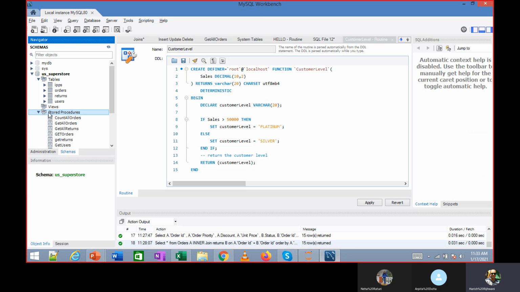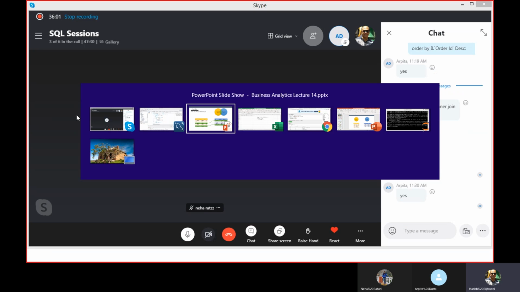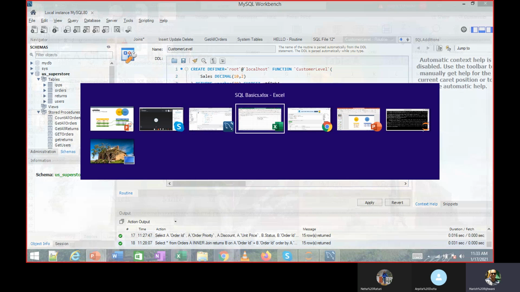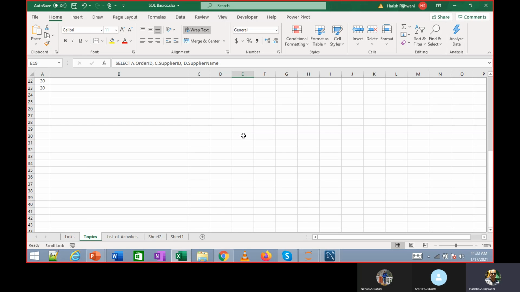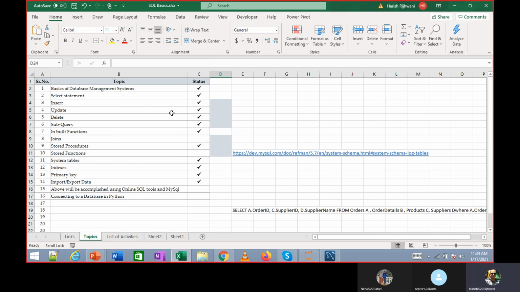Like we have stored procedures. If you remember, stored procedures we had seen. Did we talk about functions at any point?